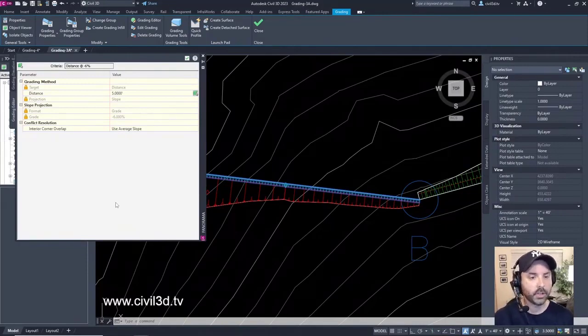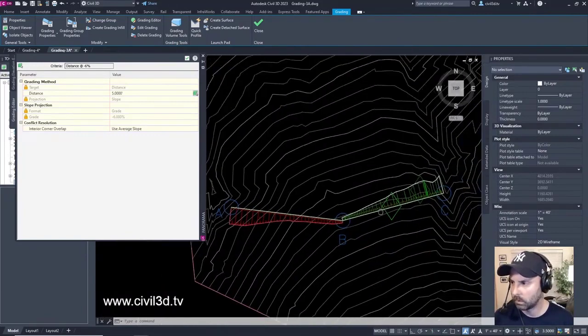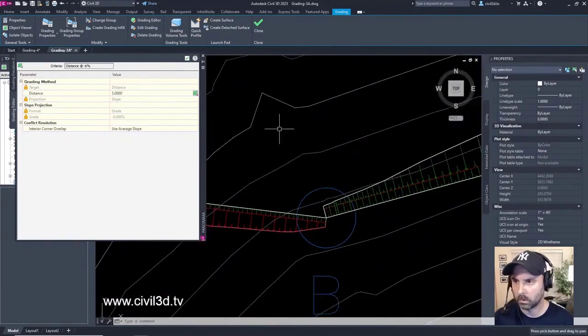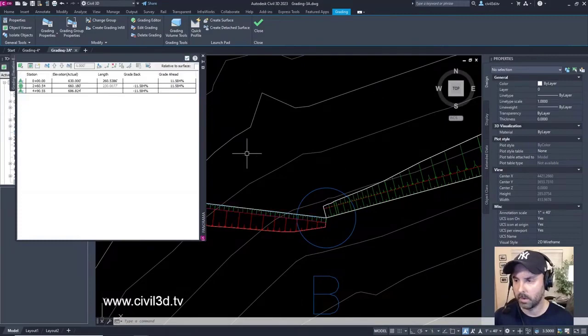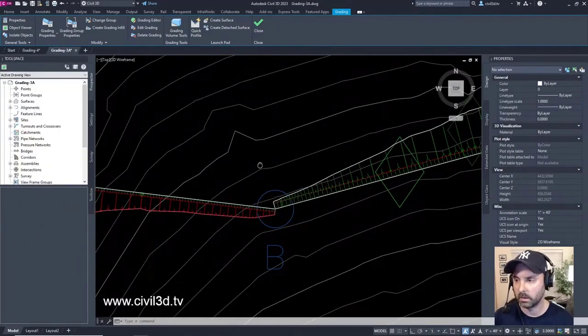Now you'll make a similar change that will affect all the grading groups using the distance at -6% grading criteria. Okay, I'm going to click this checkbox. Click this once again. I'm going to regen all. Okay.